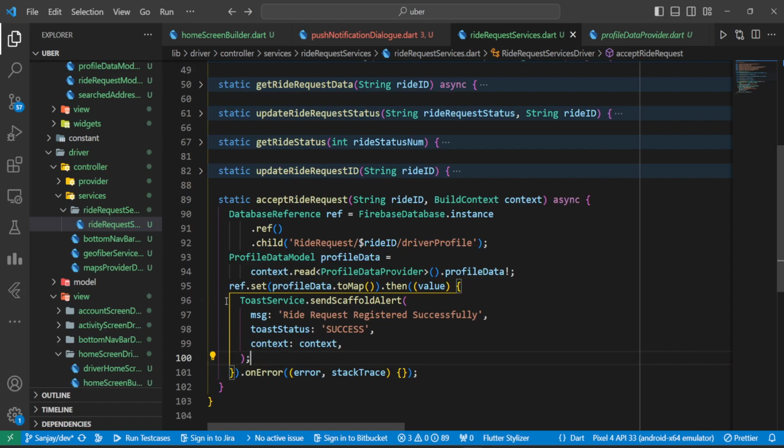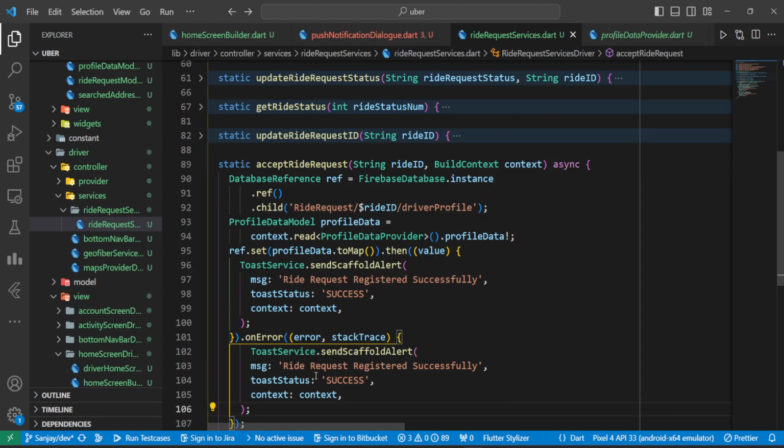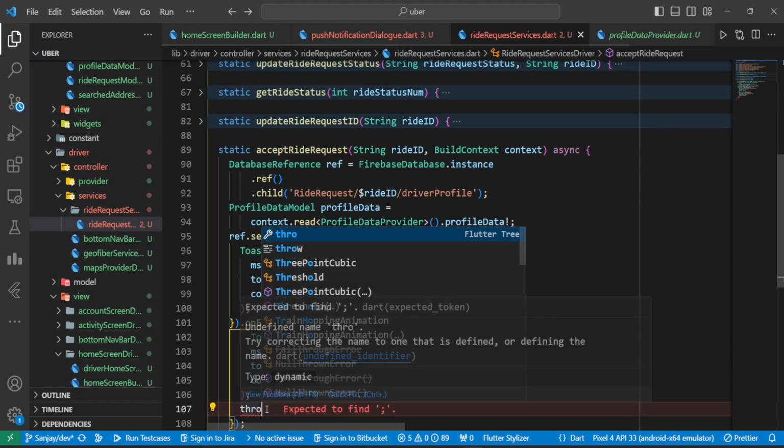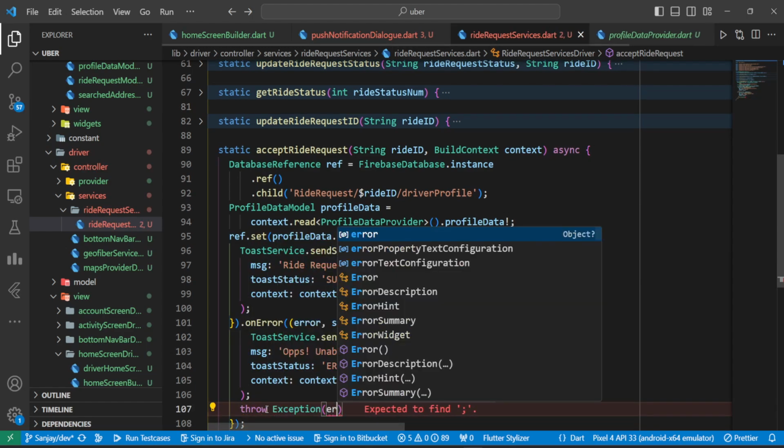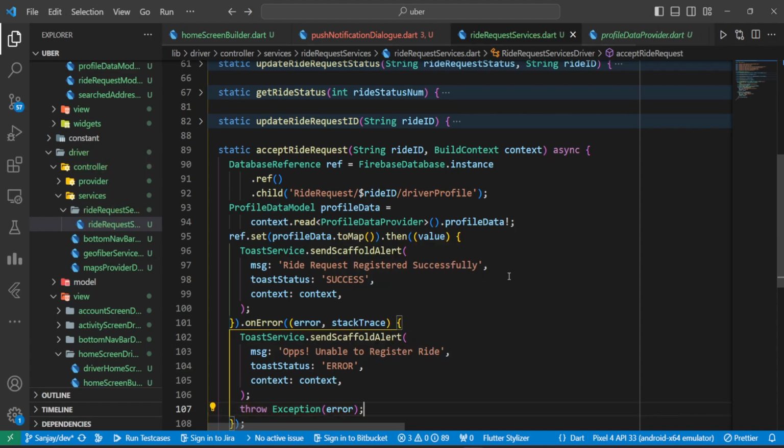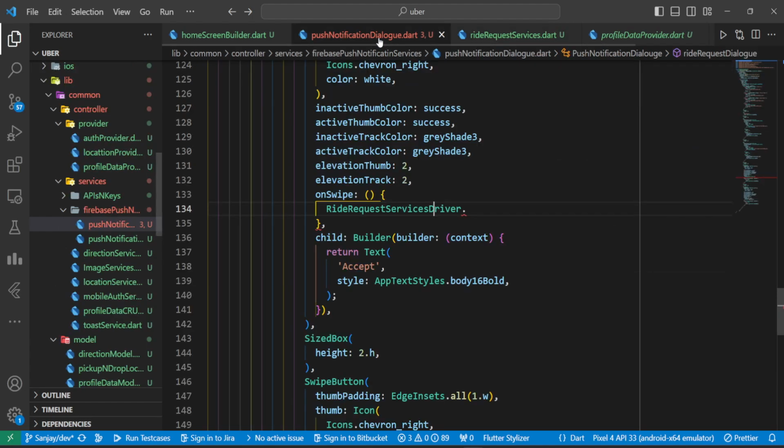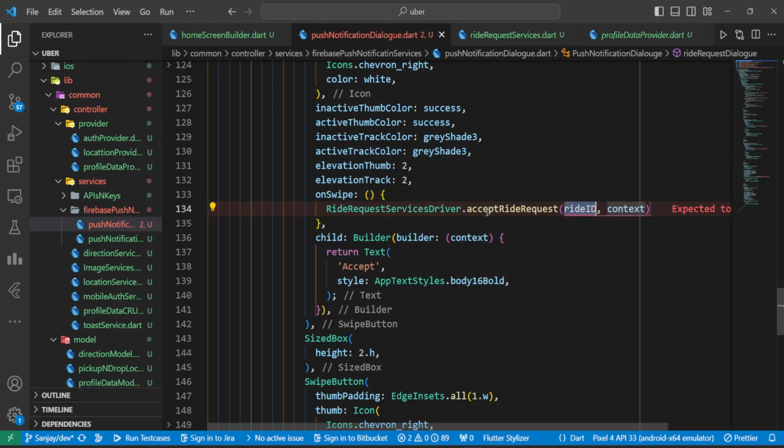And we will copy the same toast message, paste up here, and here the message is going to be oops, unable to register write, and here it's going to be error. And after this toast message we want to throw an exception. Yeah, we are good. So first thing here we will trigger is that accept write request, and we have to